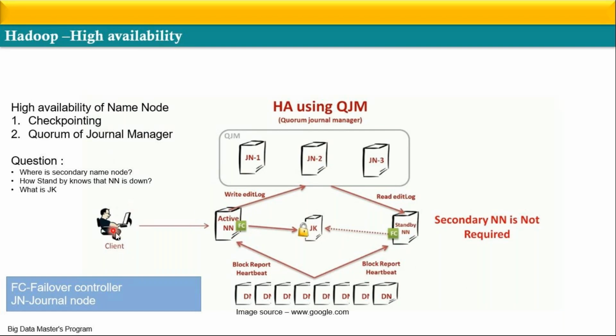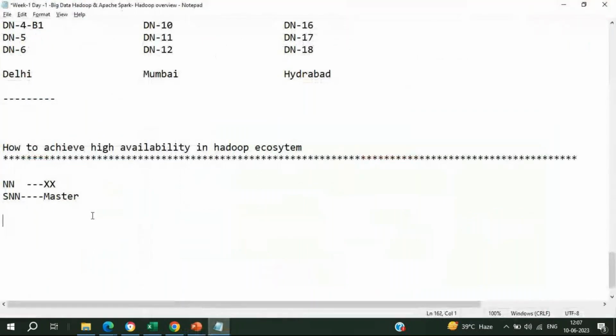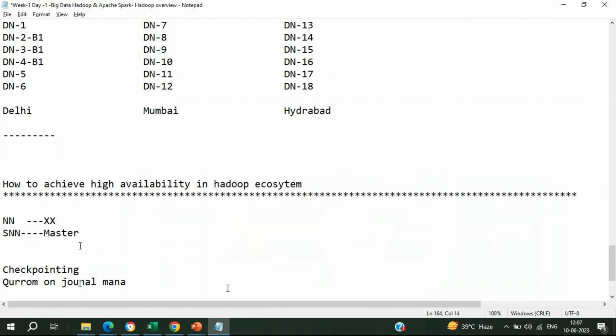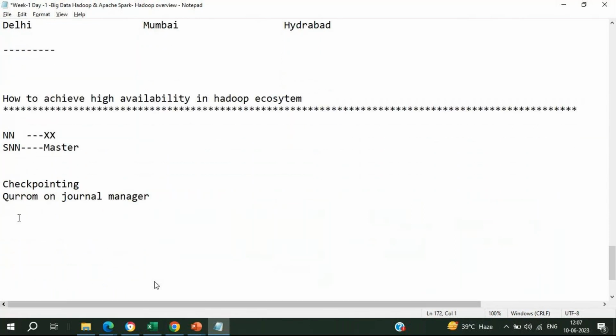Okay, the client will be able to communicate to the cluster, and the information will be given by the quorum of journal nodes, quorum of journal managers basically. Right, so that is the stuff. Let me mention it over here. Checkpointing and quorum of journal manager. Okay, these are the two techniques in order to achieve the high availability,